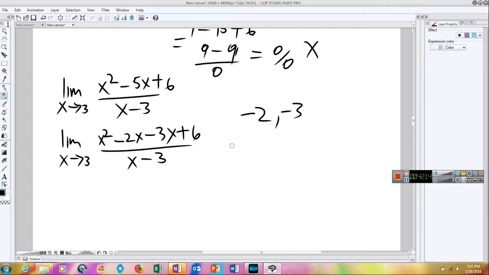And here's how it's going to go. We're going to expand up here a little further, and we're going to factor out the x on this side, and we're going to factor out